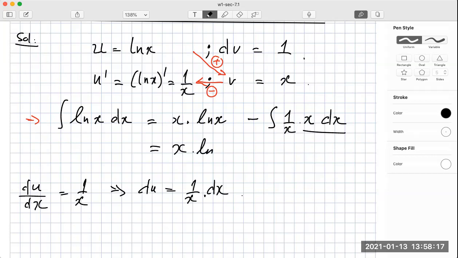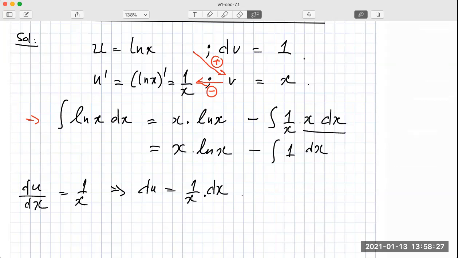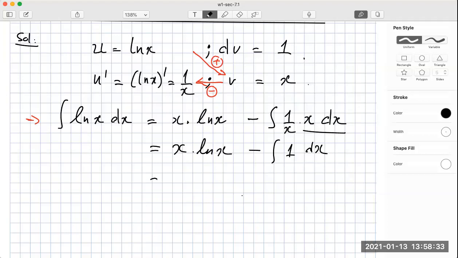X natural log of x here, subtract. Can we simplify this one? Yeah, 1 dx, right? So x dx, we just rewrite it. X natural log of x here, and integral of 1 give us